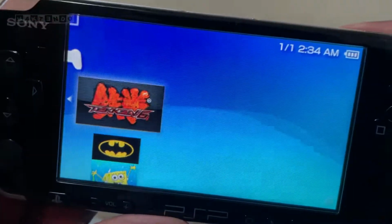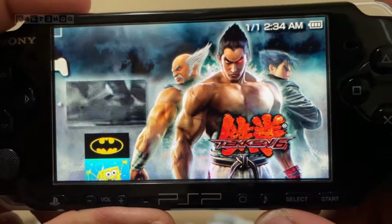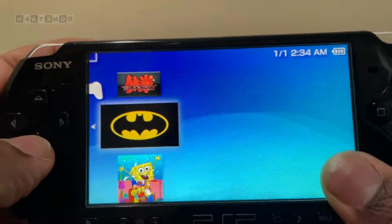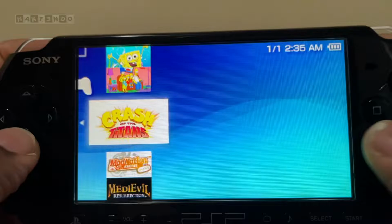The games, pretty easy to put games on this thing. You just create a folder on your PC or Mac, name the folder game, and just drag the ISO into that folder. So we got Tekken 6, we got Lego Batman, SpongeBob, Truth or Square, The Simpsons game, Clash of the Titans,